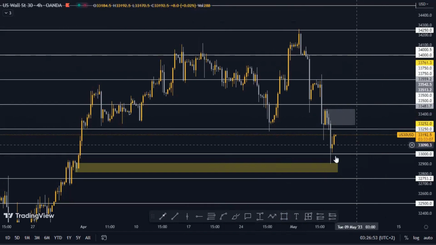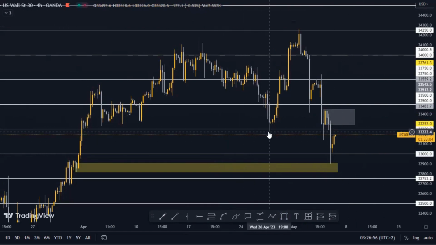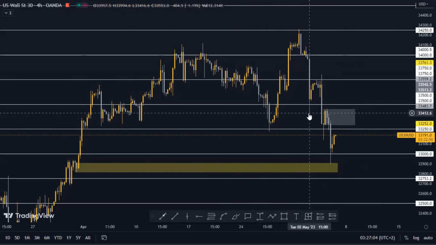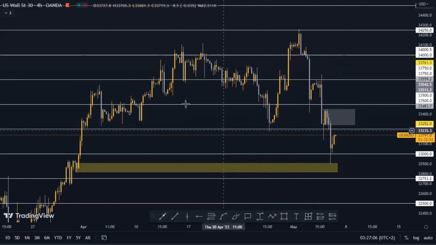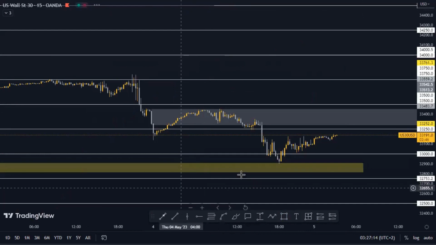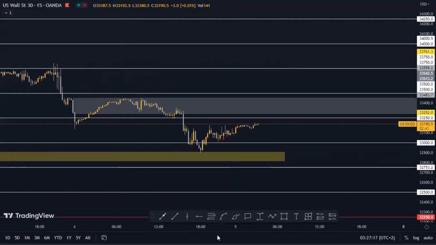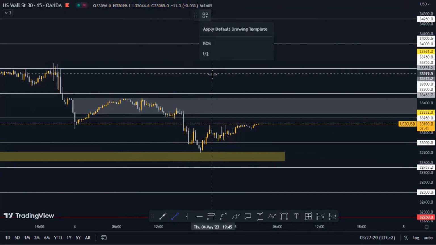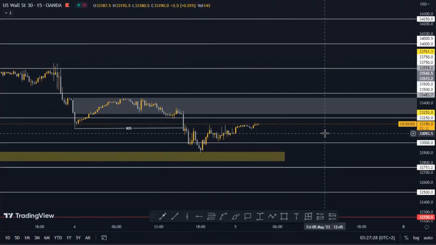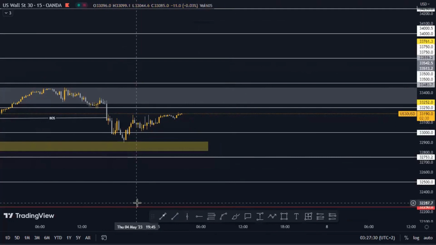So with that said, and considering that in the great scheme of things, we have a potential change of character here. And if you look at this leg, this market kept on breaking lows, breaking lows, breaking lows, breaking lows. So to me, that sounds like a downtrend, right? So let's step onto a 15-minute time frame to further investigate that. So what do we have here? We have a break of structure here on the left-hand side. So hence, I'm looking for selling opportunities here. So we had a break of structure over there. So let's see if we can